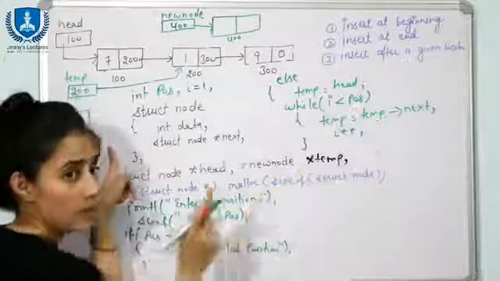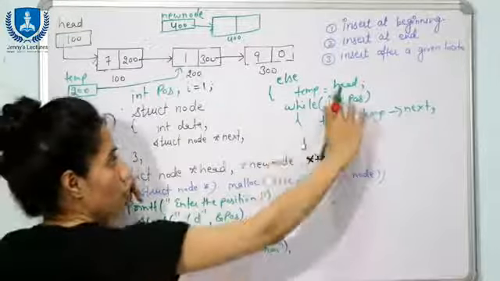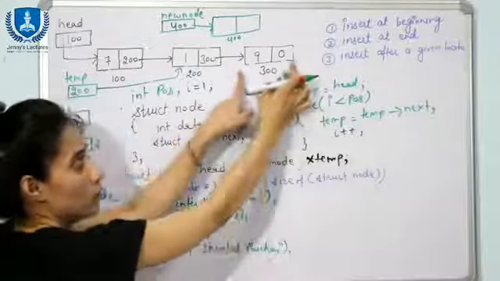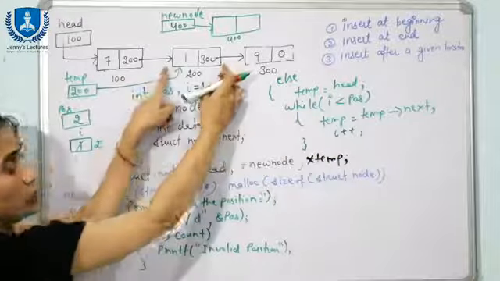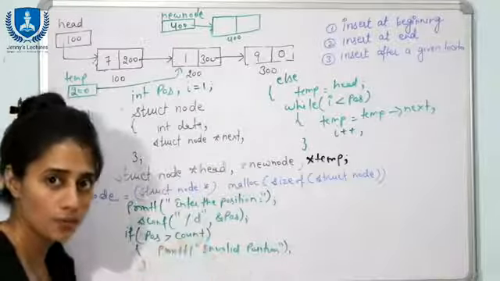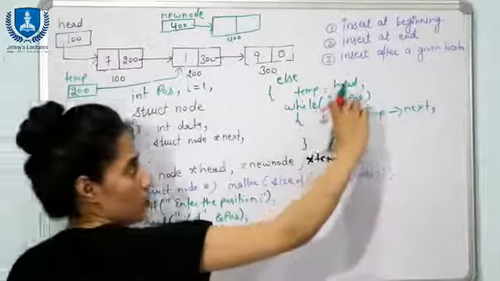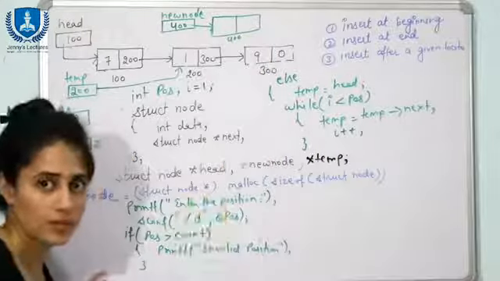Now 3 less than 3, in case of position 3, no, that condition is not true. Now we are not going to enter here. In that case we have reached this position. So using this loop you will reach that position, after which you want to insert the new node. Fine. Using this loop only. Now we are going to insert this here, right?